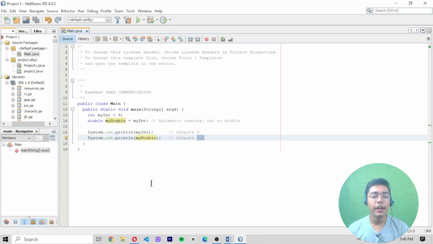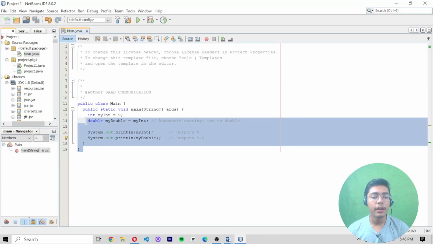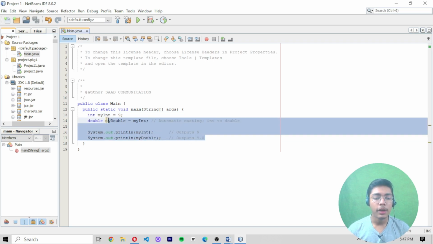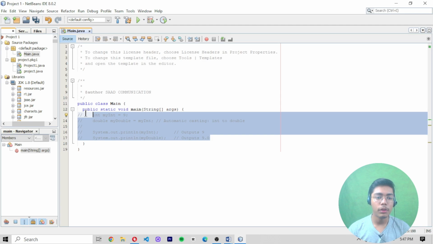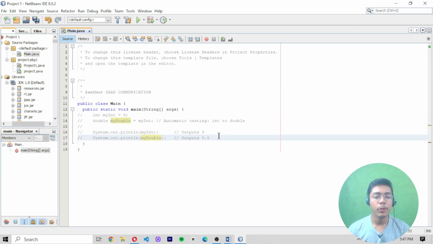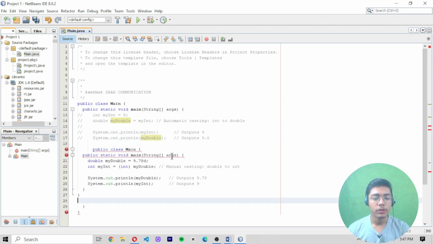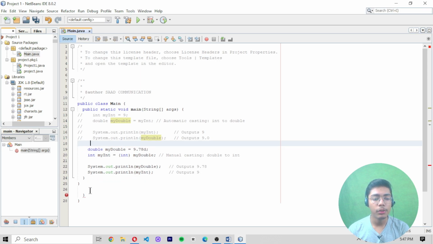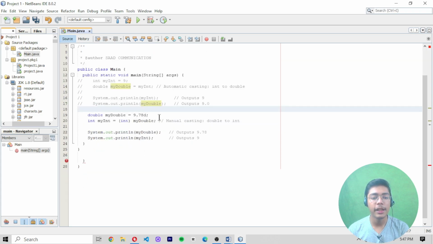Then moving on to my NetBeans IDE, I will comment out this part, because we have fully understood how we get the output when running all these things. Simply I'll comment it out, and you can use Control and / to comment out everything at once, and then I'll move down and paste everything again. I'll remove this public class main, because we have already created it here, so we don't need to create it again. The first thing which we have printed is my double, so that I can get this 9.78